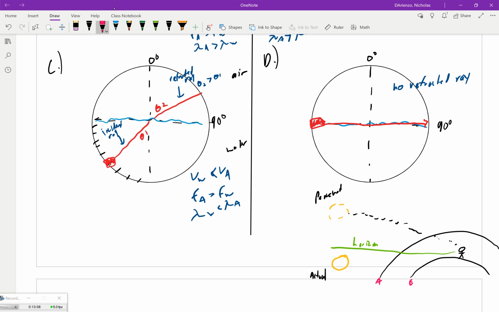And I'll see if I can draw this appropriately. These are going to bend toward the normal. In this case, the normal is the horizon. So these rays, and this is refracted,